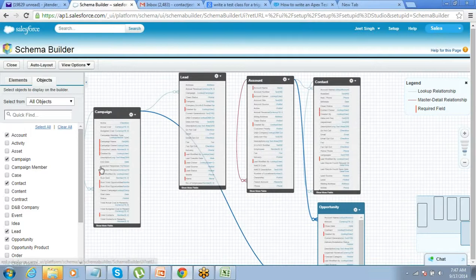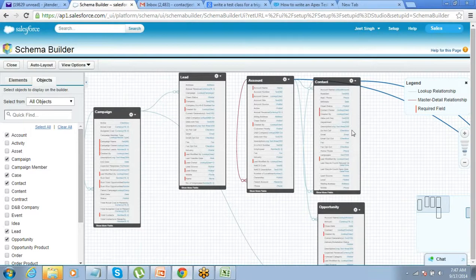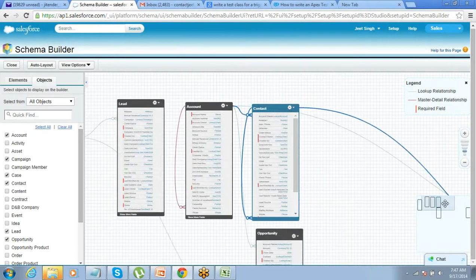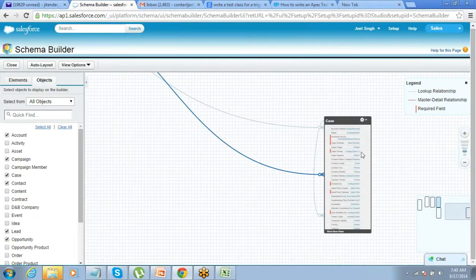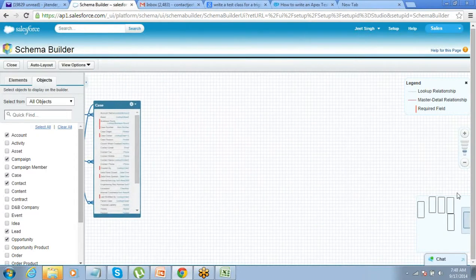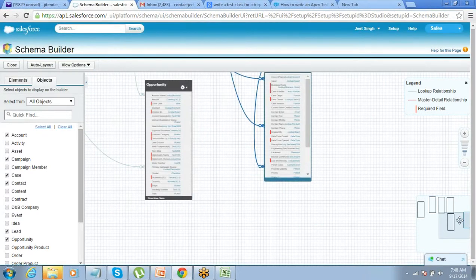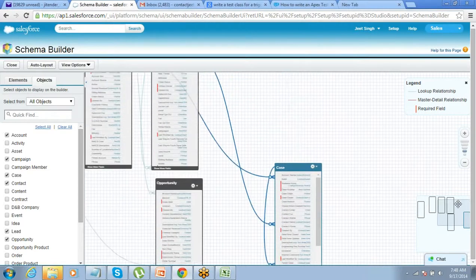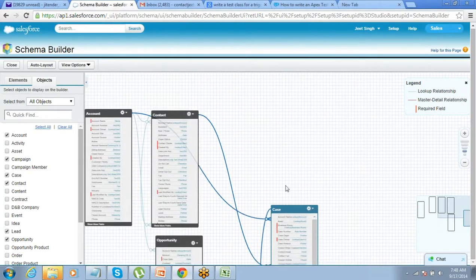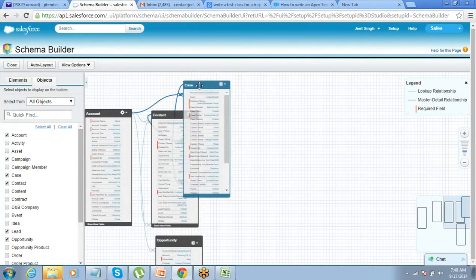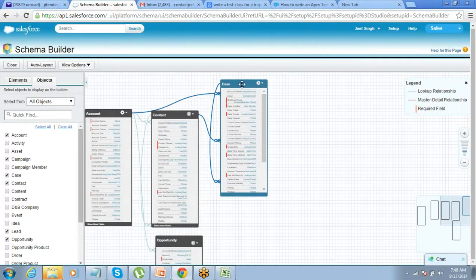After sales, if you want, you can include cases also here. Case is also a child of account. So your first skill should be to understand this data structure, see and understand. This is the generic one.